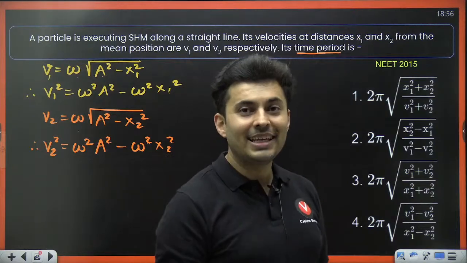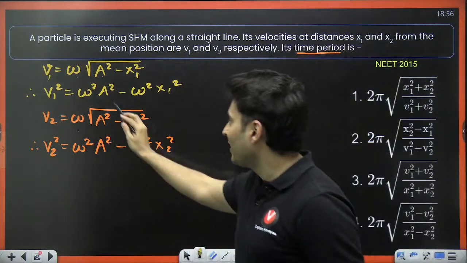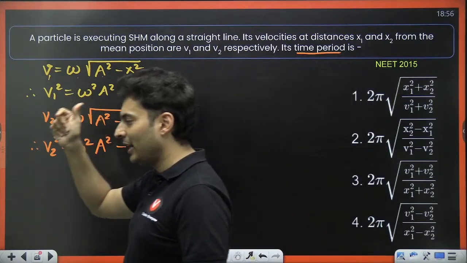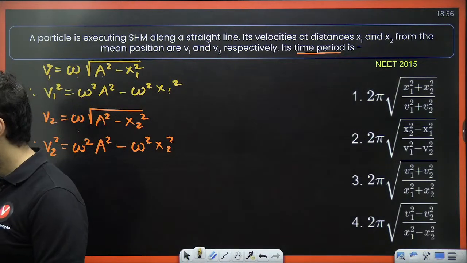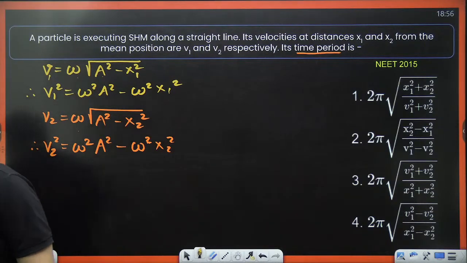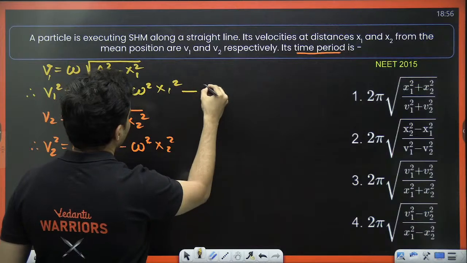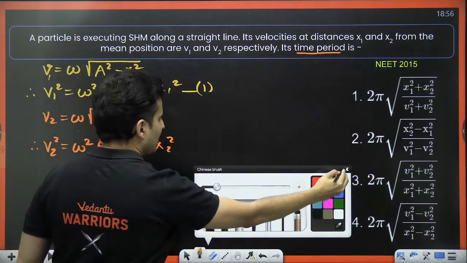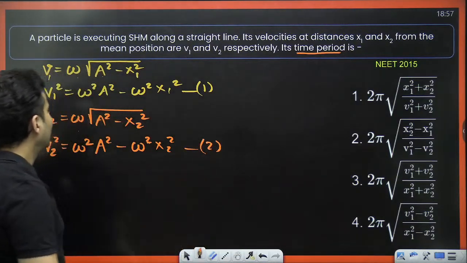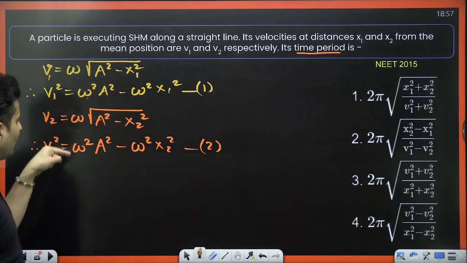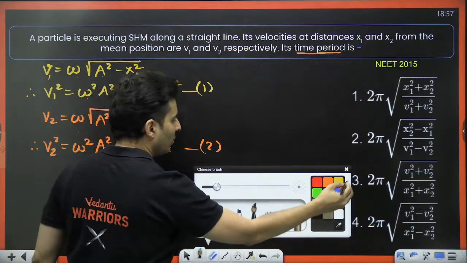Now, are you able to think how do we get rid of A? Is there a way to say bye-bye to A? Yes, think about it. This is equation 1. This is your equation number 2. I feel there is. Since these two terms are same, just subtract these two and see what you get.